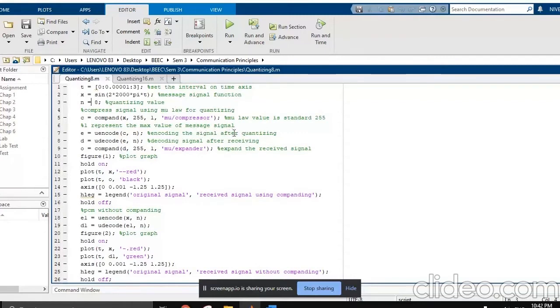Encoding the signal after quantizing is E equals U encode Cn. For decoding the signal after receiving, D equals U decode En, while for expanding the received signal, O equals compand. D255 mu over expander. To plot the graph for figure 1, plot Tx red, plot T0 black, axis at 0,